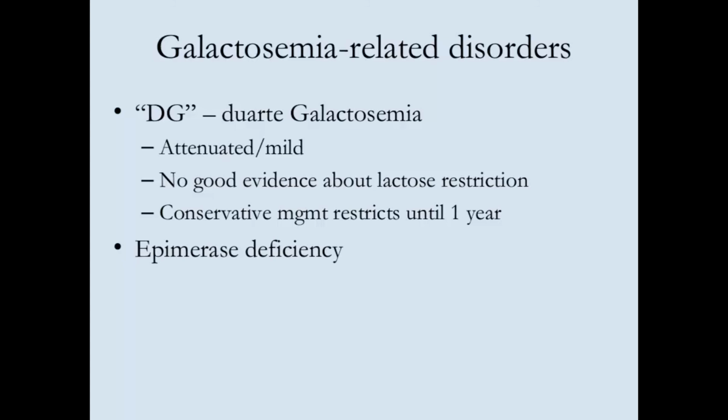There's also epimerase deficiency or GALE deficiency, G-A-L-E. This too can present either as a severe illness or you can be completely asymptomatic. Some of the affected individuals have things that you wouldn't necessarily associate with this, like contractures and ligamentous laxity and things like that. What you look for on the screen is an elevated G1P, like you do in the classic galactosemia, but your GALT levels are normal, and you'll see that in the figure I'm about to show you.